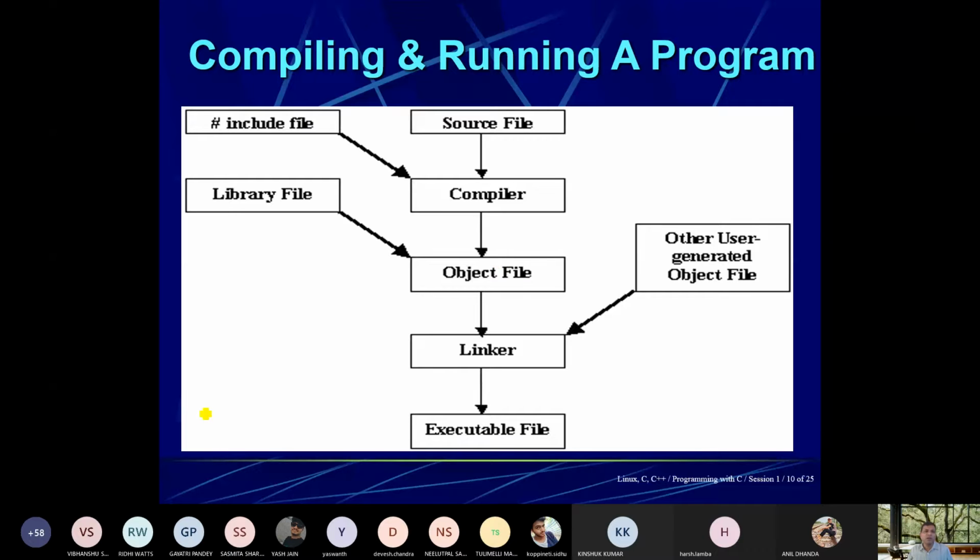Initially we start with writing a program. Suppose the name of the program is hello.c. Now the include file is already written in the source file, so this include file will actually be included during compilation time.